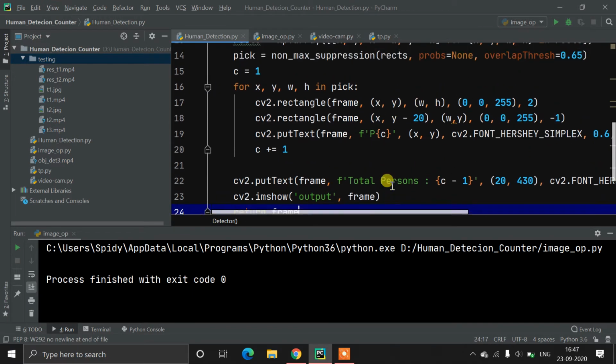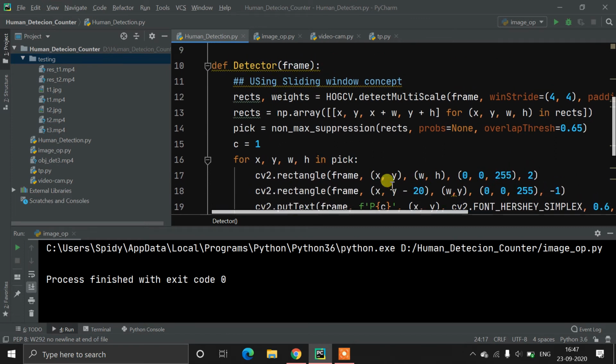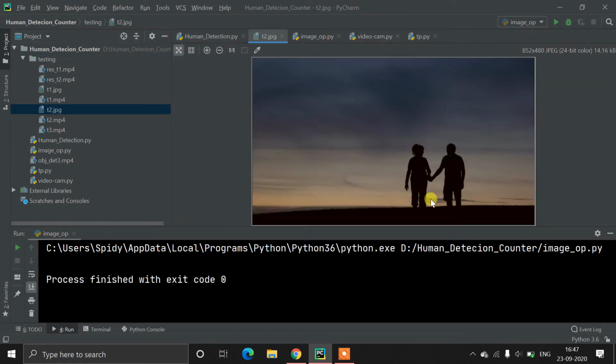But now the main problem is that when you detect a person, the detections will overlap. Just assume, let me give you one image here. Assume one person is detected here, and a second person is also detected here, but with the model's accuracy it will try to detect another person inside the already detected rectangle.